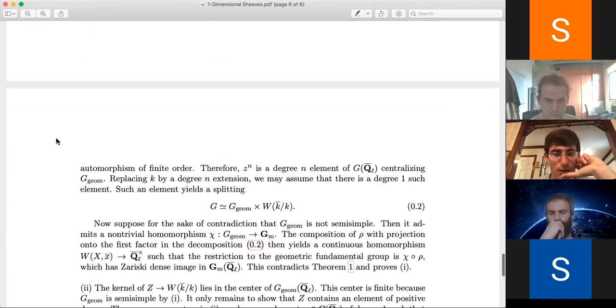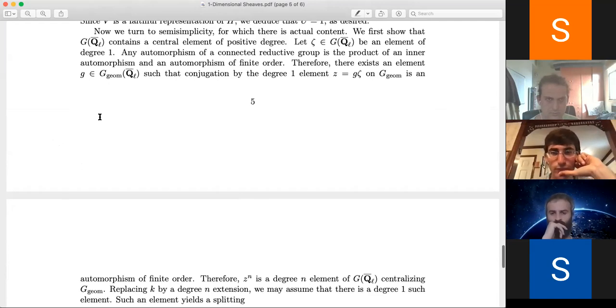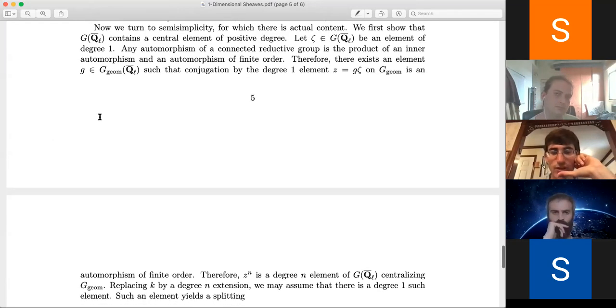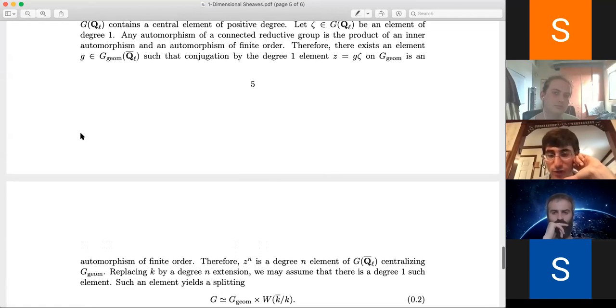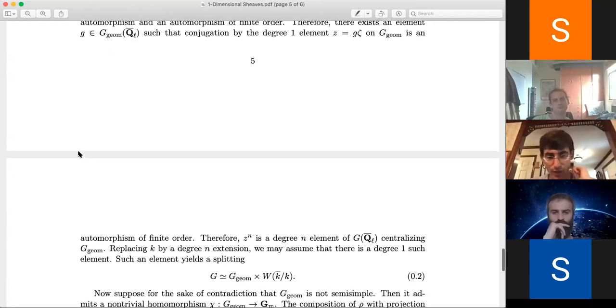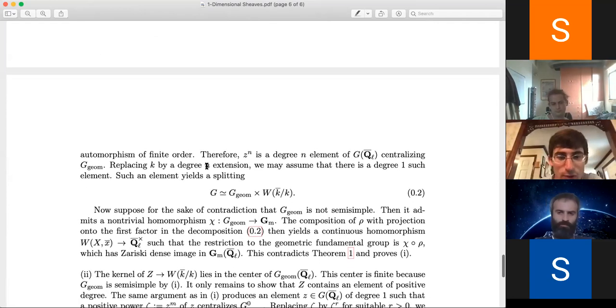Yeah. Well, actually, I didn't understand the last step. Like you meant to take n, which is the finite order. Yes. Okay. But could Z to the n be trivial? No, it's of degree n. It is degree n. Yes. So at any rate, replacing K by a degree n extension, we can assume that there's a degree 1 such